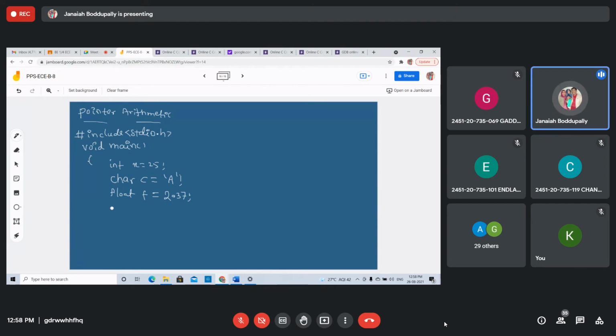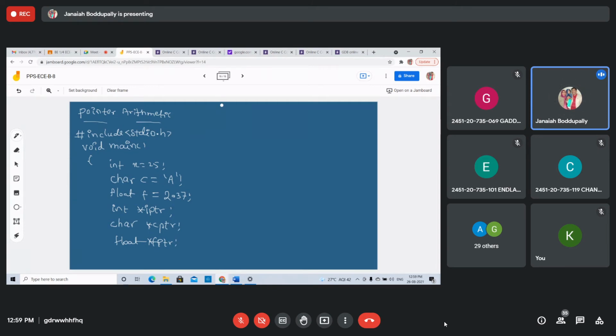Again, I am declaring int *IPTR, you can write it here also, and here also you can write a comma. Next, char pointer, character pointer *CPTR. I am writing this to understand: CPTR means character pointer. Float *FPTR. Right? I declared all three variables and three pointer variables to point to the ordinary variables.